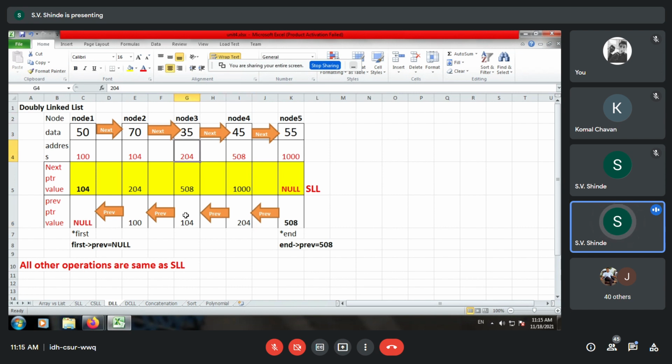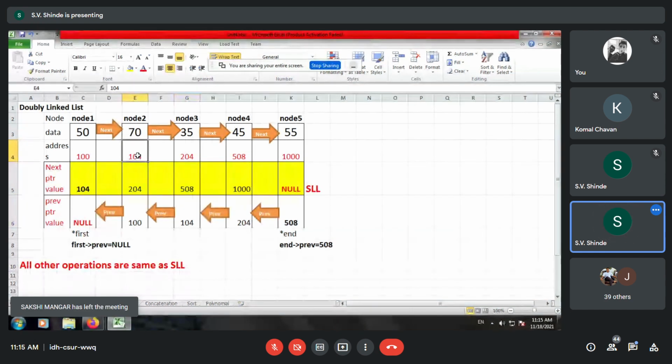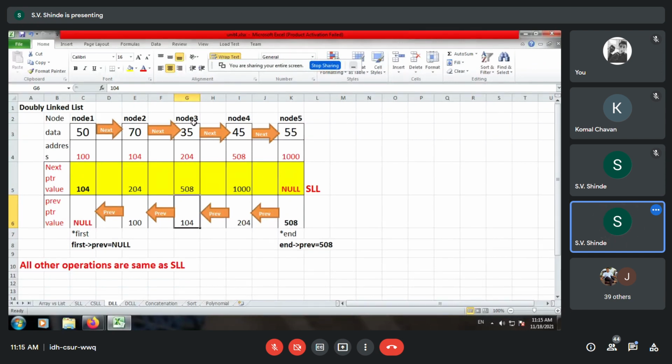Now, node 3's previous address is 104 and therefore we updated it over here. And when we issue the command node 3 arrow previous, then you will move to node number 2. Why? Because we have 104 as the previous address. You can see we have updated.